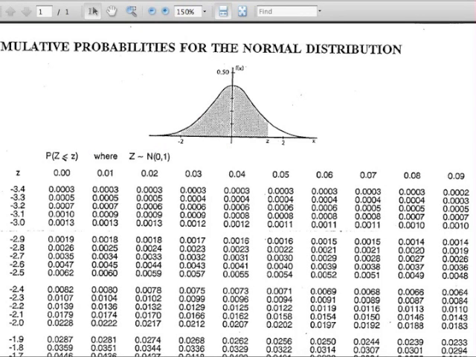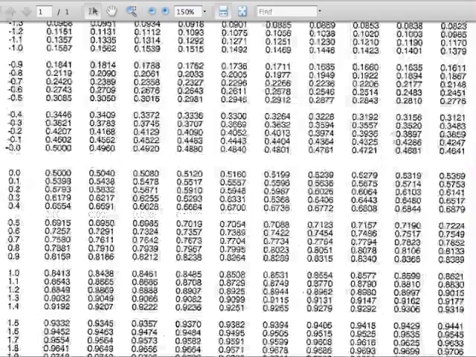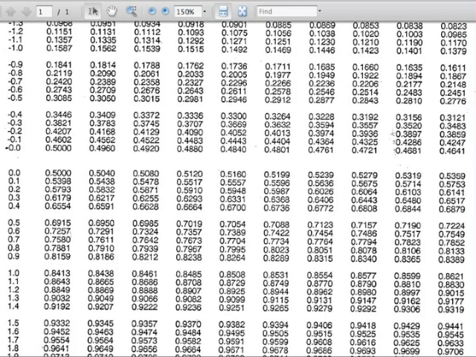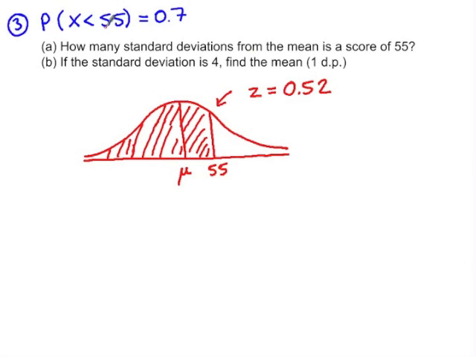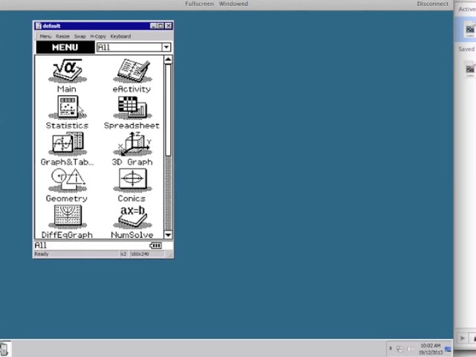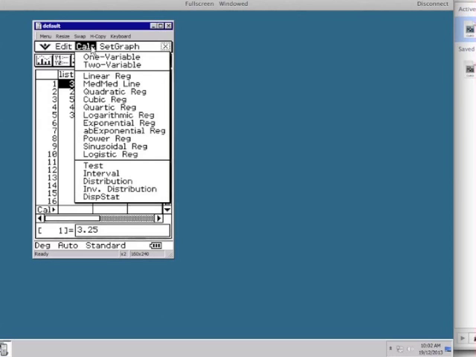So here's our table of normal distribution values, and we're looking for a probability of 0.7. 0.7 is between 0.6985 and 0.7019, but it's closer to 0.6985. So that means it's a z-score of 0.52. And that's the answer to question A, because our z-score is the number of standard deviations the score is away from the mean. Now, using a ClassPad, in the statistics app, we're going to calculate an inverse distribution,